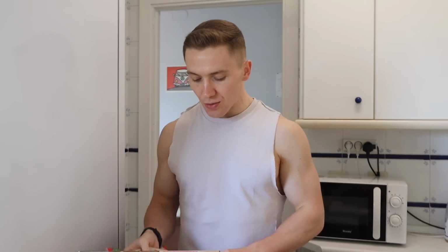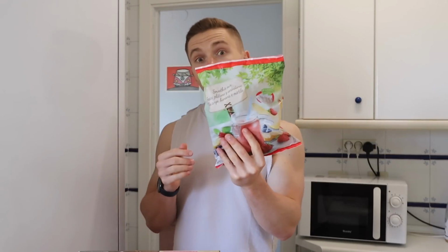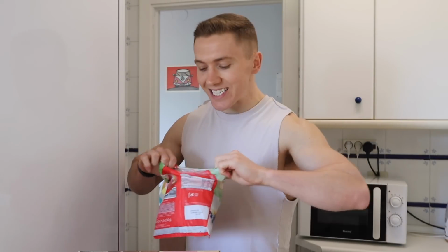Let's move on to the fruit. So I picked up some strawberry and banana smoothie mix. I actually got this from Aldi. They sell the exact one at home, and it comes in little packets like this. And each one has 83 calories, so super handy as a snack, or super handy if you were adding it to a yogurt or something like that. And when I'm eating them, to avoid the hassle of having to defrost them, I'll just stick these in a bowl and put it in the microwave for like 30 seconds,